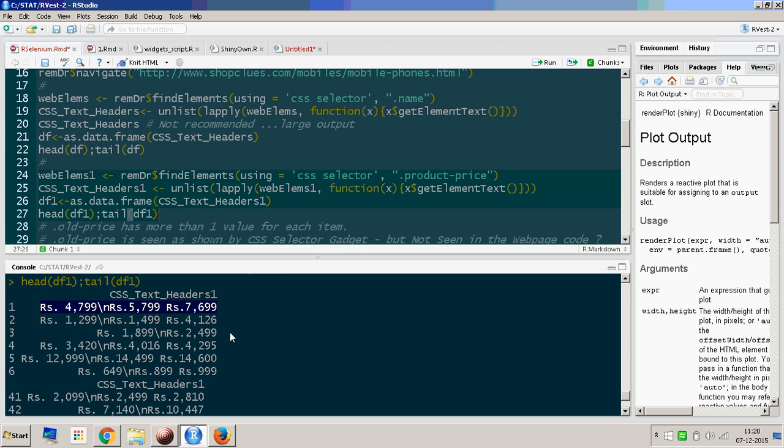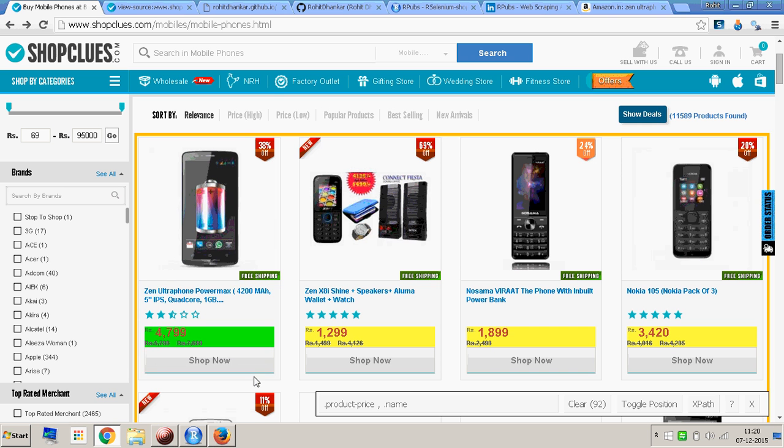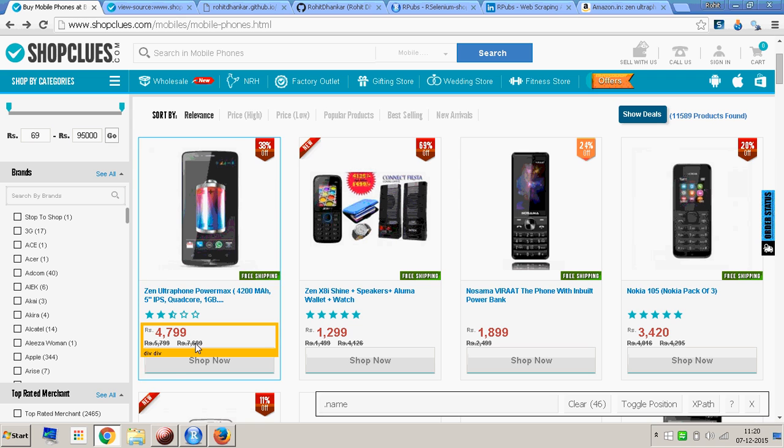So these are the figures. You can see them in the console right now. So fine, that is okay, but I can't do much with this. So what we'll do is we'll try and look for some other elements within that, and we will try and choose some other selectors. So if we click on one of these, let's say